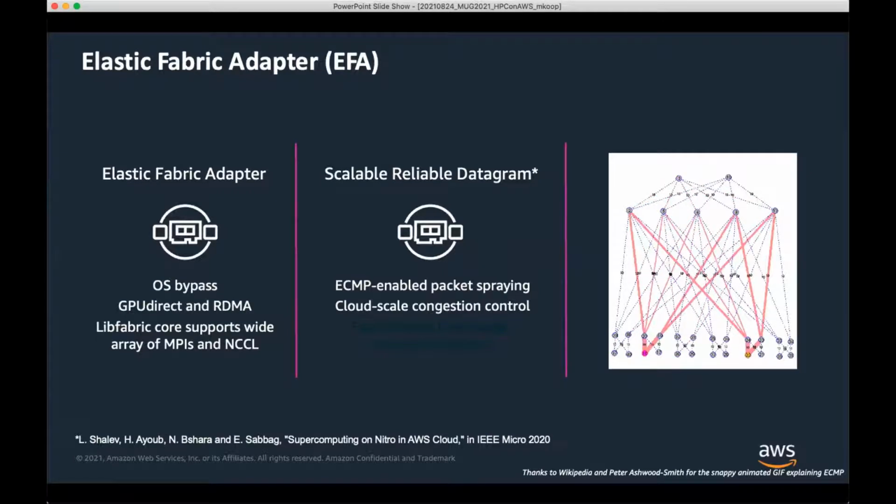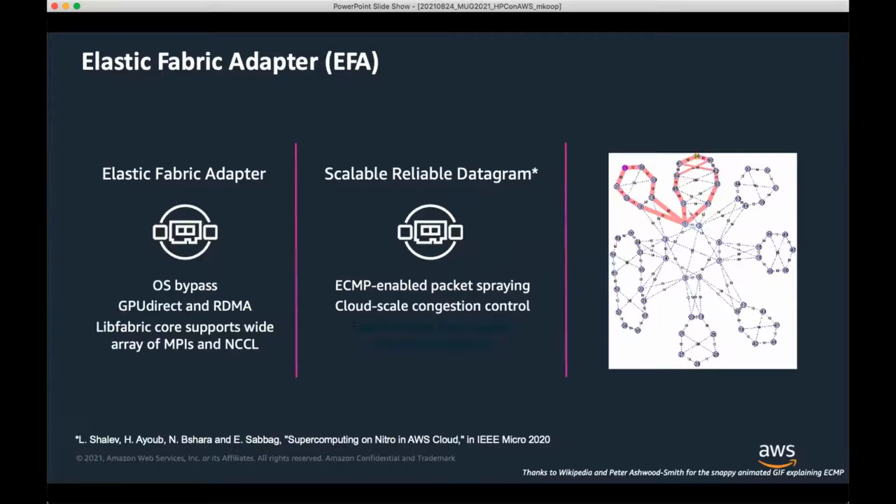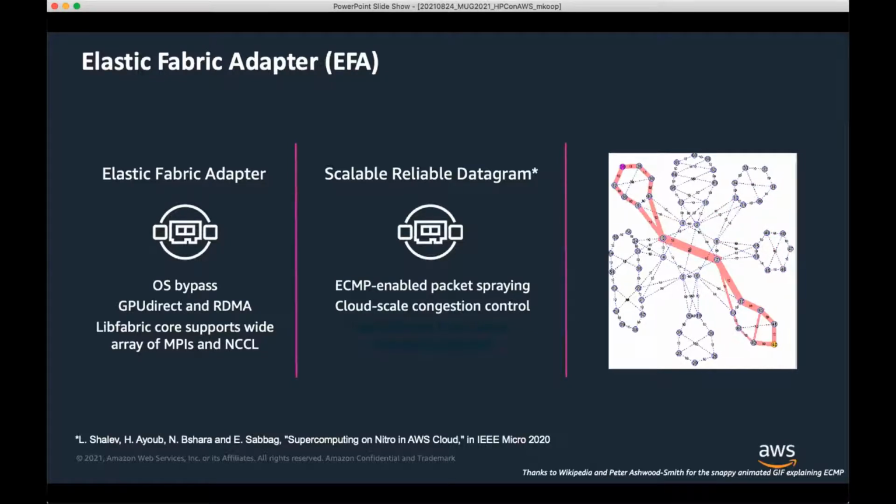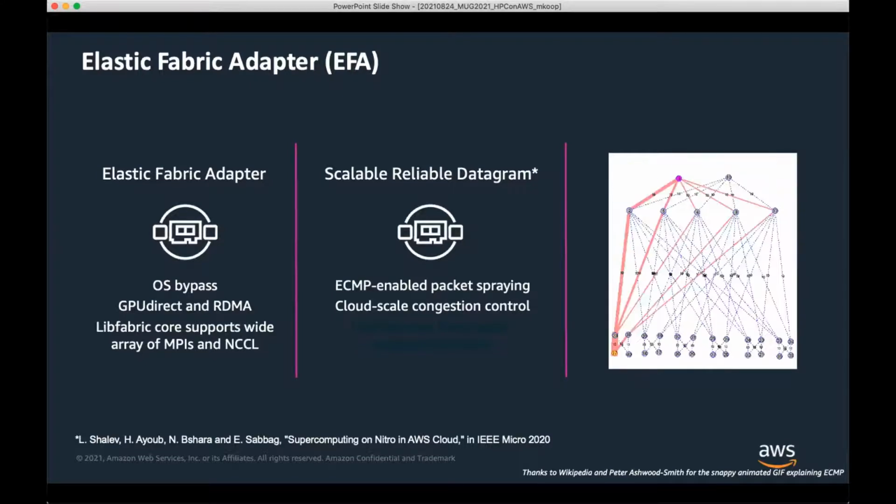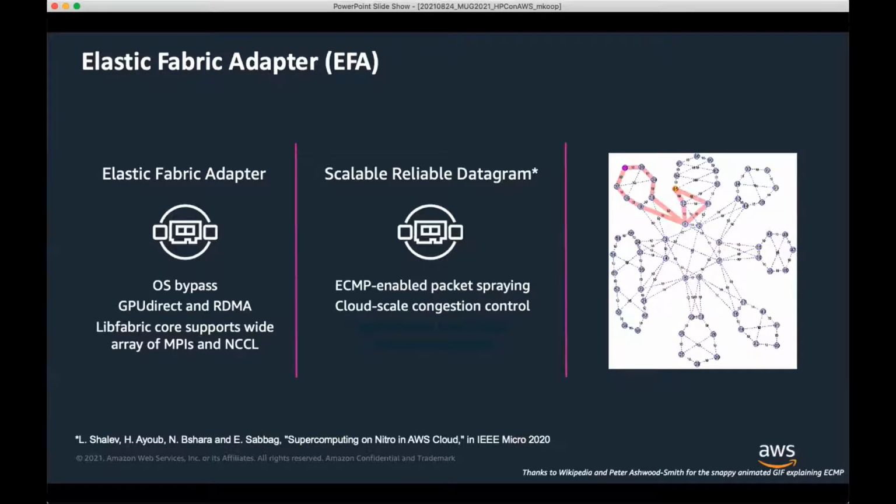So the other part of Scalable Reliable Datagram is it makes some trade-offs that are a little bit unique compared to some other interconnects. We have reliable transfer, which is not unique, but what's different is it's not necessarily in order. So we don't make guarantees on in-order transfer with SRD.